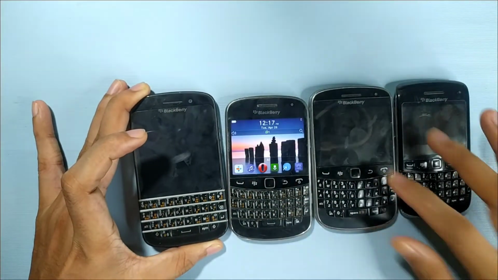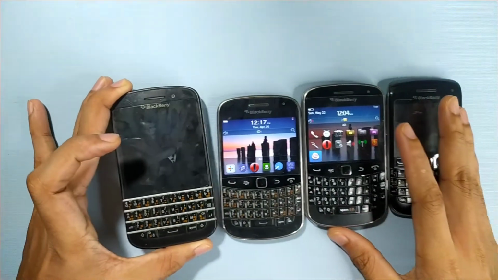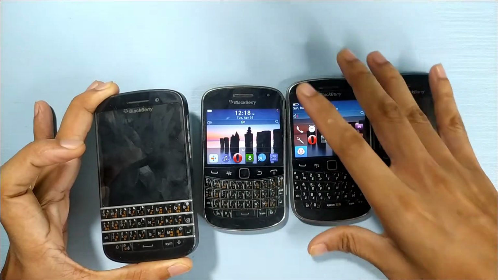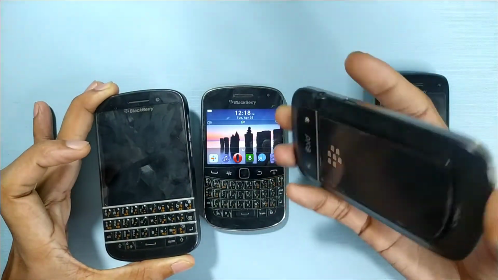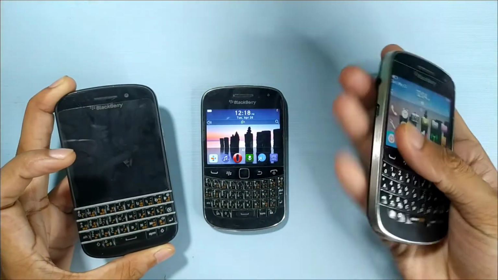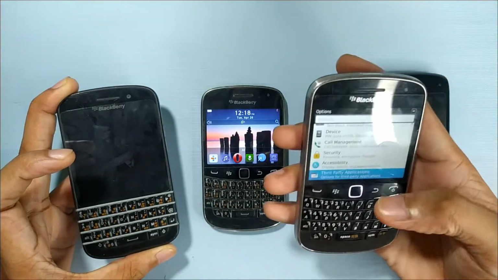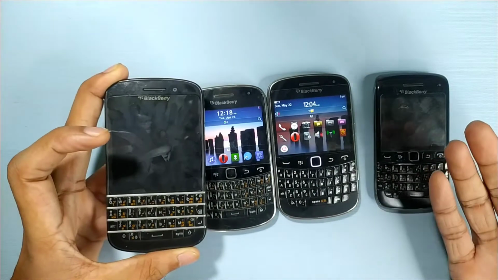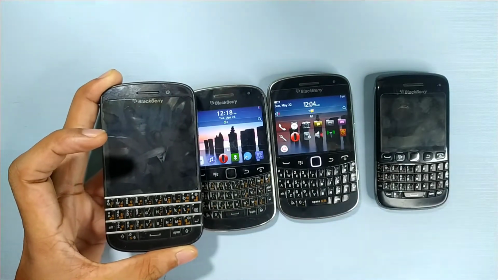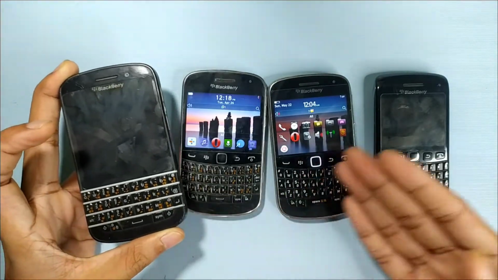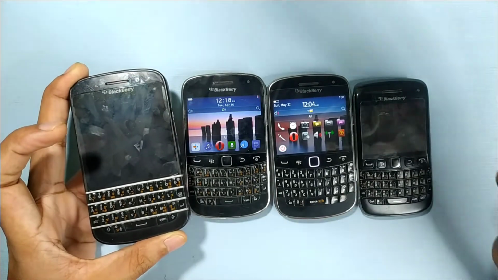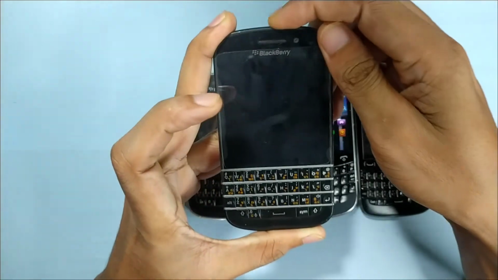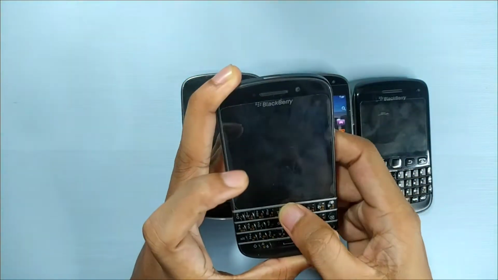As I said, if you are looking for a dumb phone, I think it will be better to go with Blackberry 9900 because it feels good. It has a very good touch screen, the overall UI is quite snappy, and it does support 3G. So if your country, like an Asian country, does support 3G, you can use this phone as your dumb phone or basic device. But if you want to do a bit more on this device, like